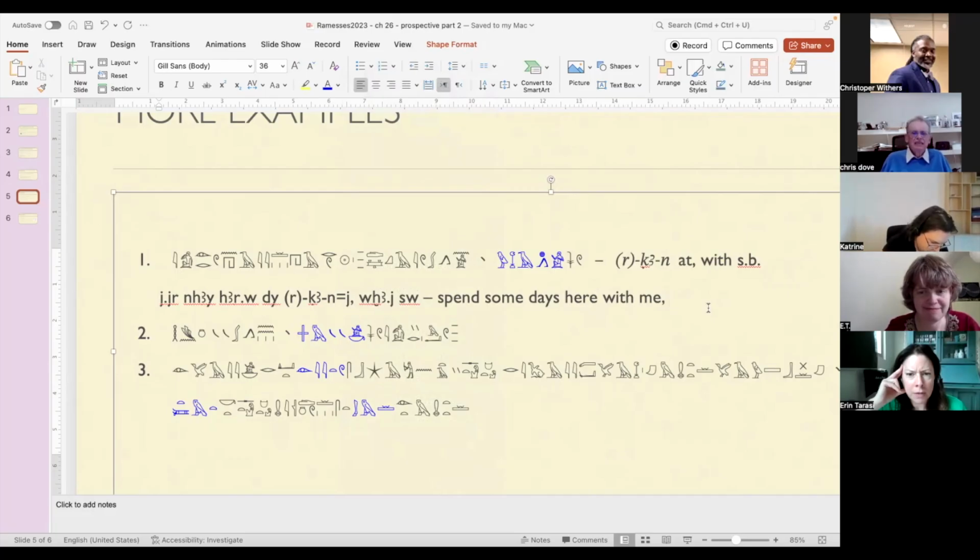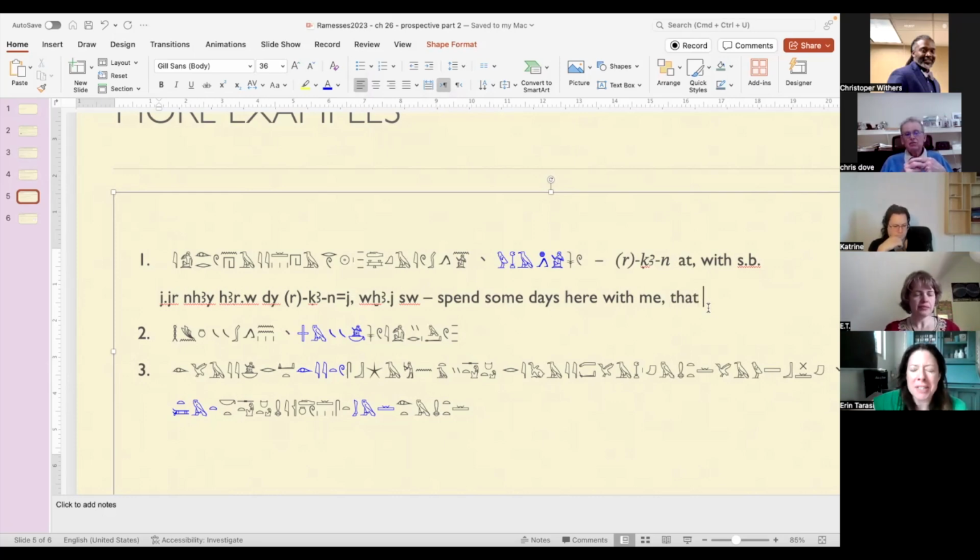I can't remember what wuha is. To search, to look for. Oh, and I will look for it. Oh, this is from Wenamun, isn't it? You got it exactly. That I may look for it. So Wenamun has lost a considerable amount of money as he's docking in the port because one of his own sailors has made off with the money. And he's now going to the local. Please spend some days with me?